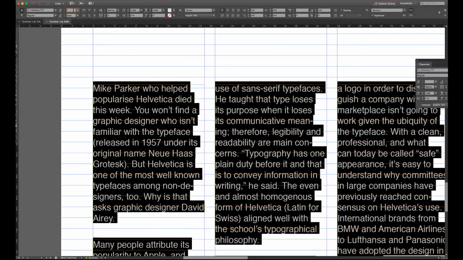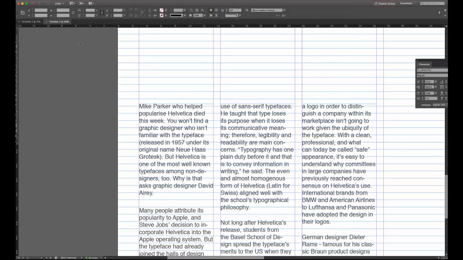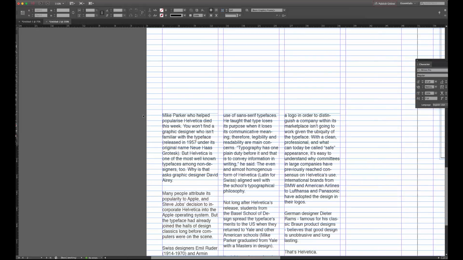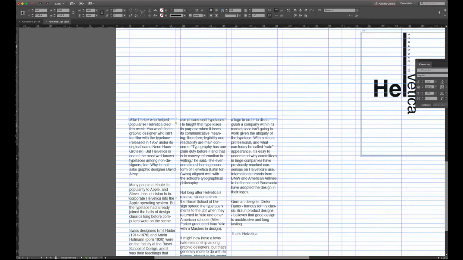And then I want my font size to be 10 and my leading to be 12, okay. There we go. So I'll zoom out again. And still it's not lining up, so let's try something else that we can do.